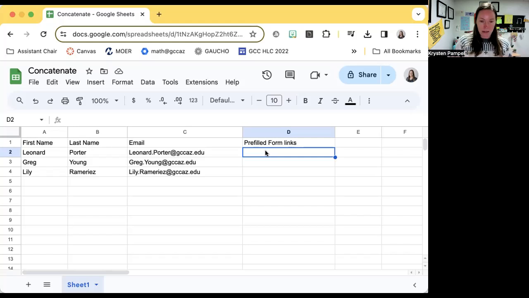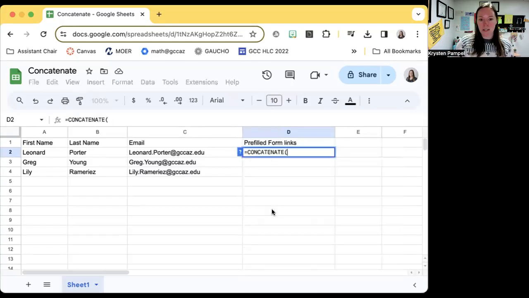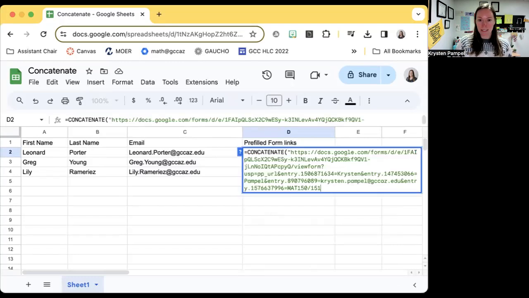So in this case, I've already pulled my preformed link option. I already have all of that URL. So you'll want to make sure that you have all of those pieces. I'm going to go to concatenate, and then I'm going to place in my text. So I'm going to open up those quotes and I'm going to paste in this URL